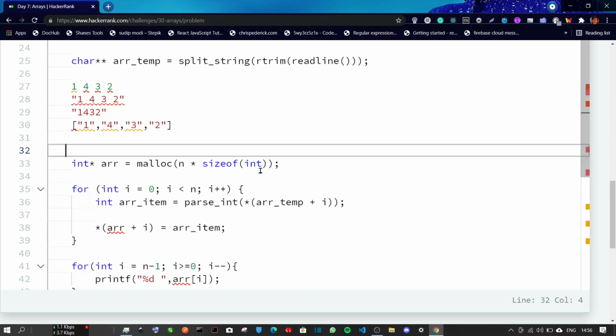So 5 multiplied by 4 would be 20 bytes. The malloc function would allocate 20 bytes of memory inside that computer, and the address of that memory will be stored inside this pointer named array.